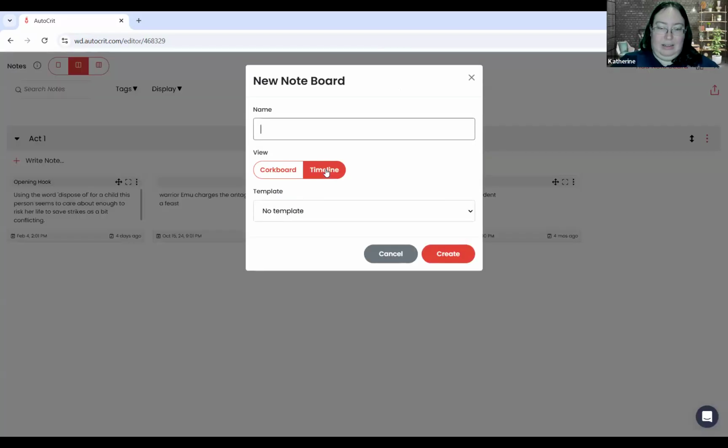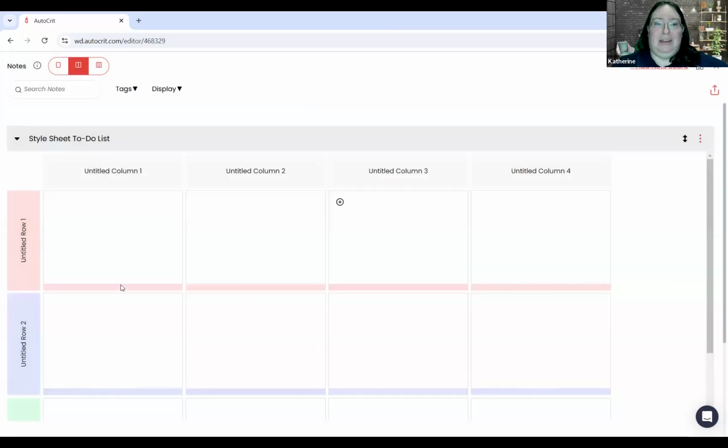And I can say style sheet to-do list. Now, the style sheet to-do list that I personally keep is the same for every book. And as I finish things, I strike it out. So I'm going to write down in here up front, remember to do these elements. So maybe I'll make this first column